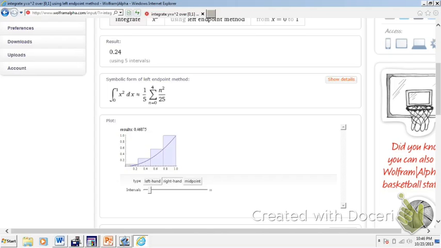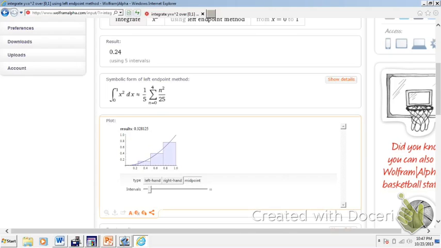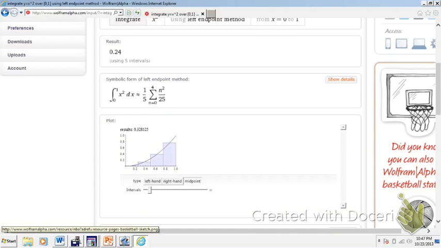Notice now it draws the right endpoint is touching the curve, so that's an over approximation, 0.46875. Like I said, we did the same exact example in class, but we had to do it the grueling hard way, right? And then it even does the midpoint rule for us, so where you're noticing the midpoint of each rectangle and the result of that, 0.328. And what we said in class was that, gee, that one is awfully close to 0.33, which is the true